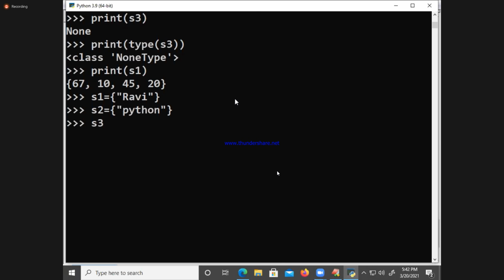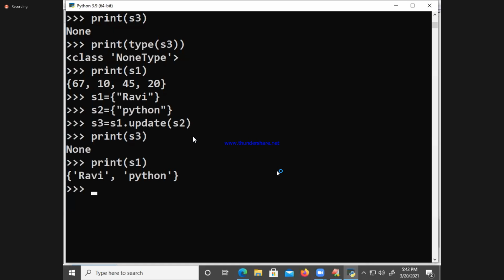S3 is equal to S1 dot update of S2. S1 value is updated with what? What is the value of S3? Check it out. Print S3. Which elements are updated, with what element? Print the value of S1. Ravi, Python. Print S2. Python.